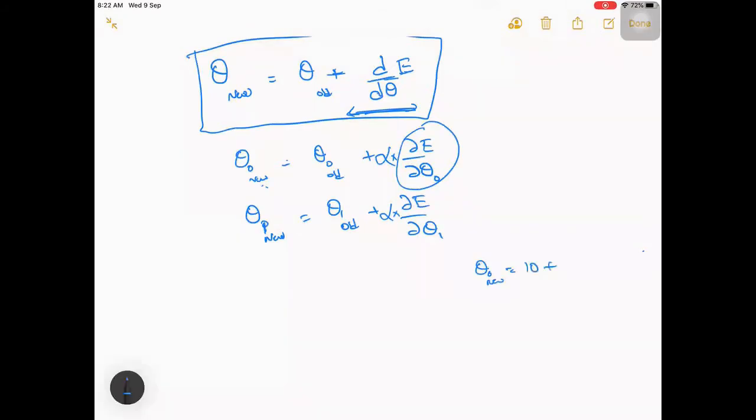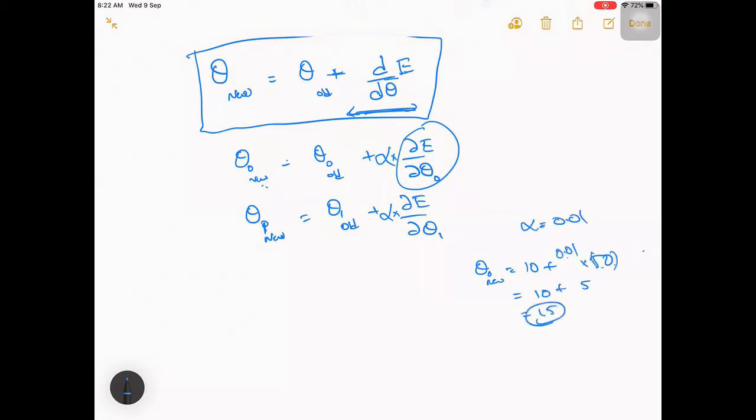so in case you have some 50 coming from this derivative value, you will multiply it by alpha, which is usually some 0.01 or something like this. Because of which your value will be 10 plus 0.01 into 50, which is 5, so it will be 15.